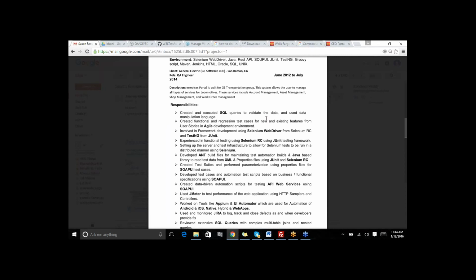It's an e-service portal for the transportation group. So this is for outsiders or for insiders? For the insiders to manage everything on their website. So you can manage accounts of various people who have purchased stuff. You can see what they have bought, what the status of their order is, and what options are available, let's say on your website or anywhere, to buy stuff. Shop management is that.